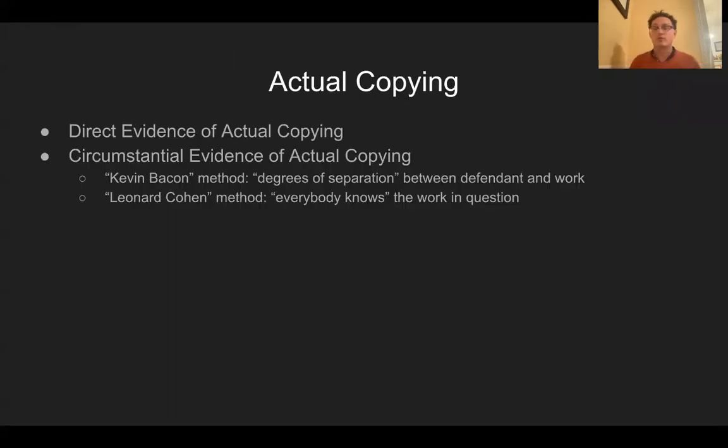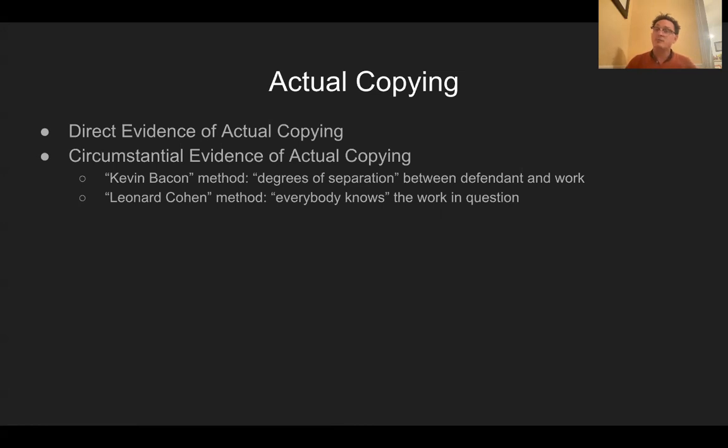But then, of course, there's also the question of substantial similarity, and that's really the question of breach, right? Did the copying that the defendant did amount to the kind of copying that constitutes infringement, as opposed to permissible copying? And here we have to draw a distinction between the requirements for showing actual copying and the requirements for showing substantial similarity, or improper appropriation of the protected elements of the work in question.